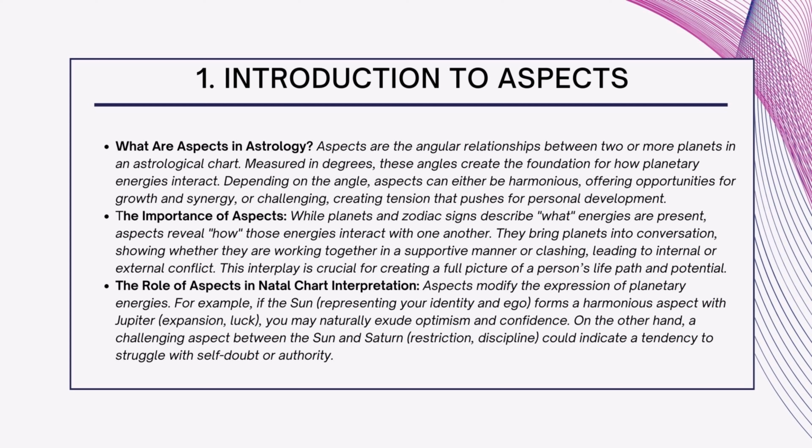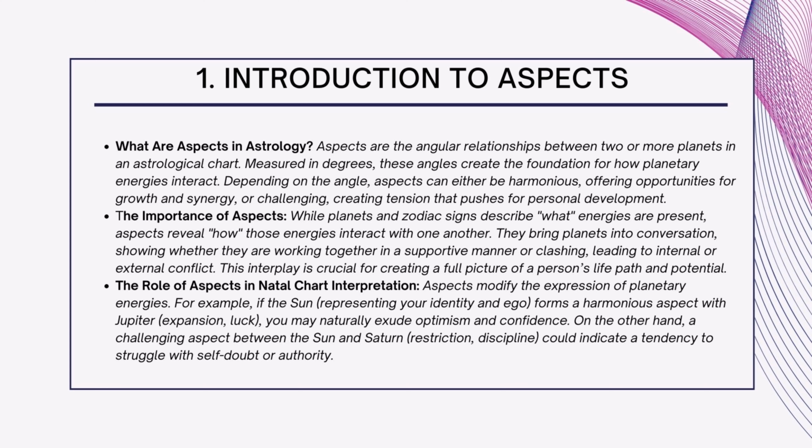The role of aspects in natal chart interpretation. Aspects modify the expression of planetary energies. For example, if the Sun, representing your identity and ego, forms a harmonious aspect with Jupiter, expansion and luck, you may naturally exude optimism and confidence. On the other hand, a challenging aspect between the Sun and Saturn, restriction and discipline, could indicate a tendency to struggle